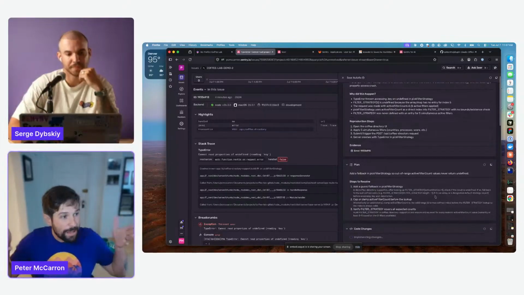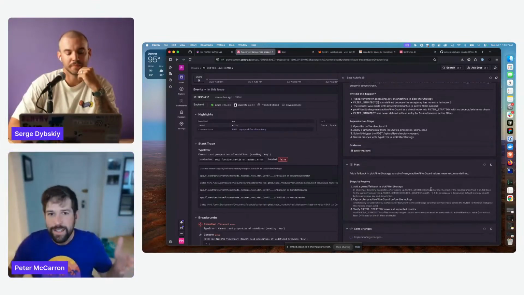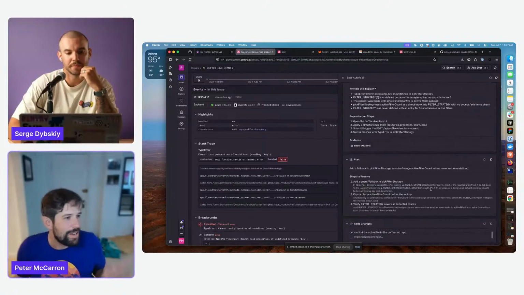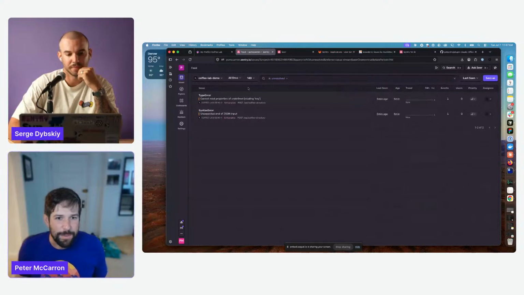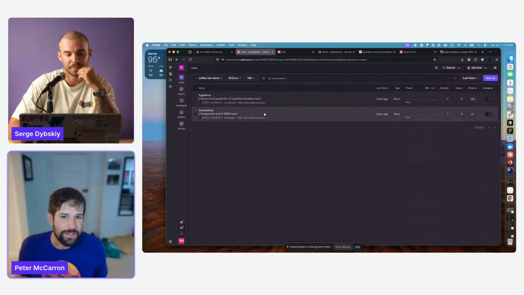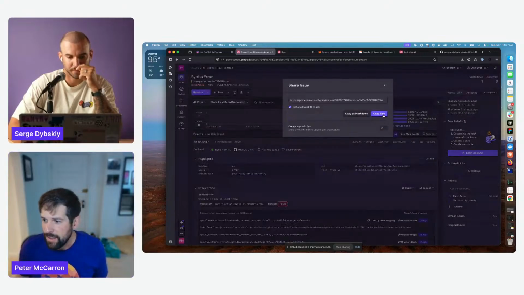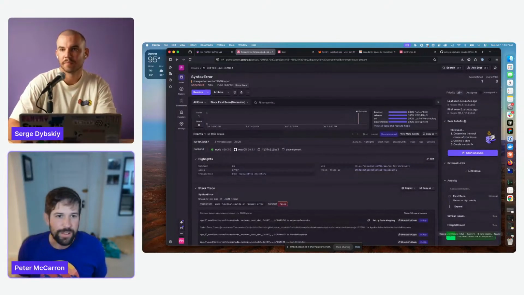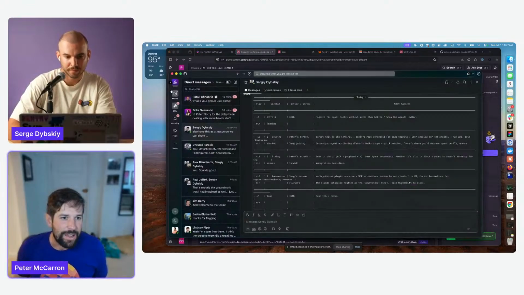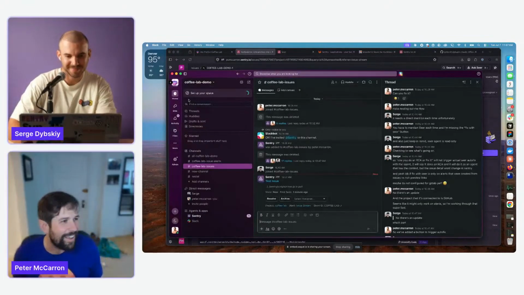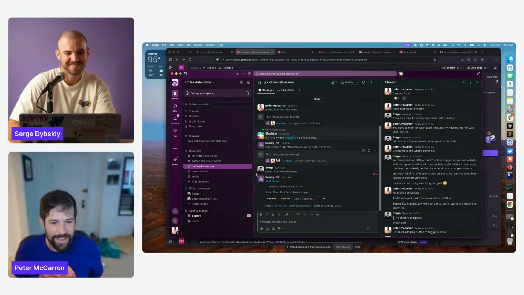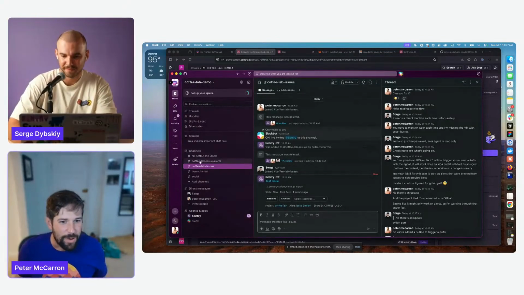Now, this is all taking place in the UI, right? Well, what if I just wanted to learn about an issue outside of the UI? We mentioned that we had that great Slack capability. I can go into one of these issues and copy the link directly to it. I was messing around a little bit earlier, and I have Serge's agenda on here. We have a nice little workspace that he and I have been working out of, where we can have alerts and different coffee lab issues that we want to be working on. And with the new